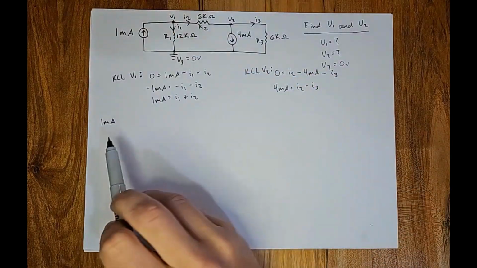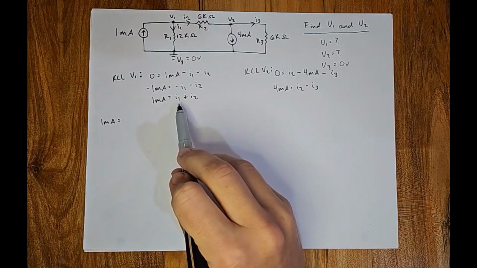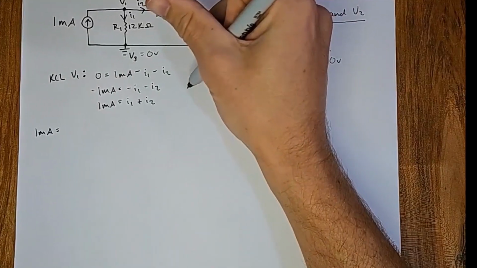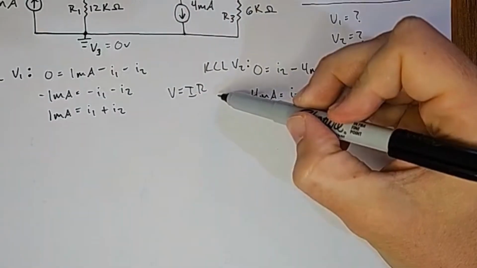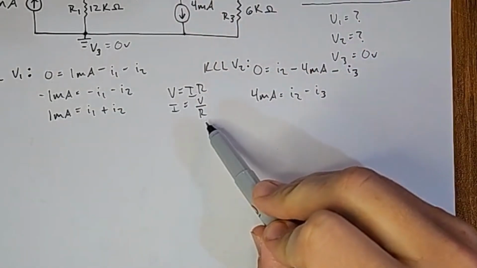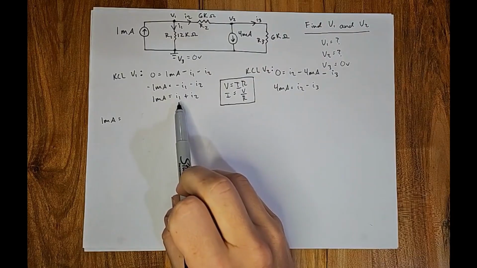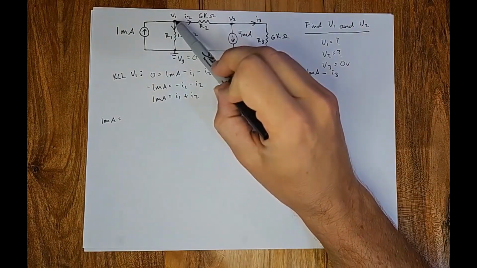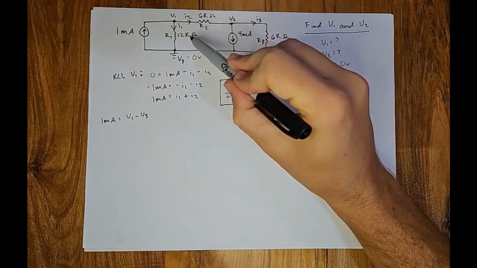So we're going to have 1 milliamp is going to equal I1. Well, what's I1? This is where Ohm's law comes in. V equals IR. Let's rearrange to get I by itself. I equals V over R. Super important. So I1 is going to equal V over R. I1 is going down, so it's going to be V1 with respect to V3. So V1 minus V3 over 12K ohm